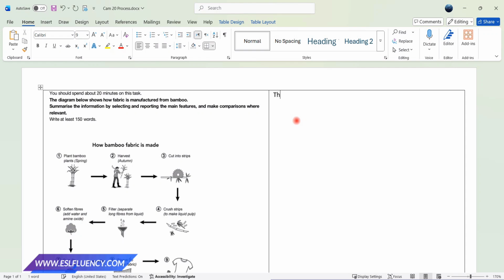Okay, the diagram illustrates the process used to manufacture fabric. Yes, manufacture fabric